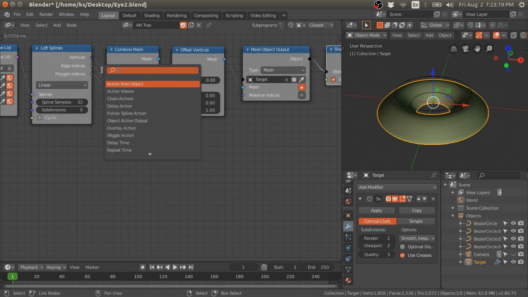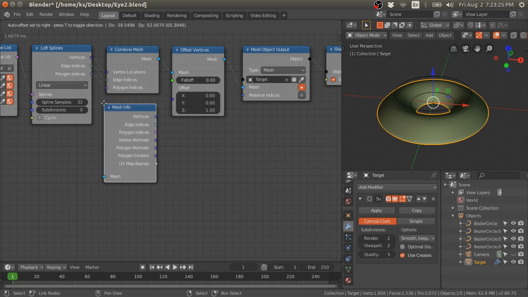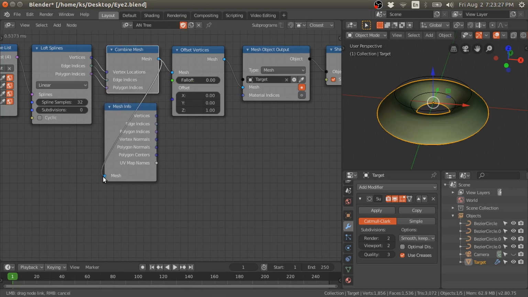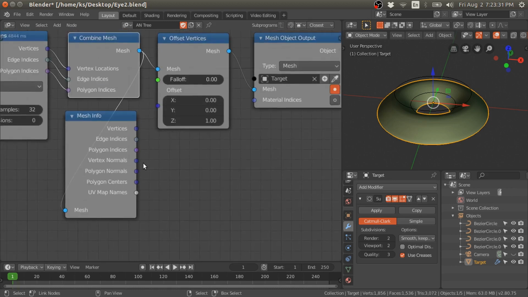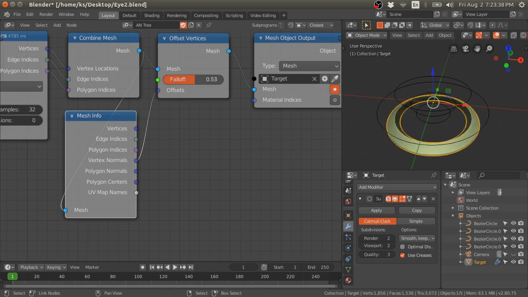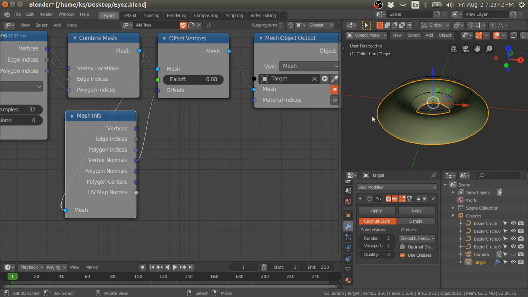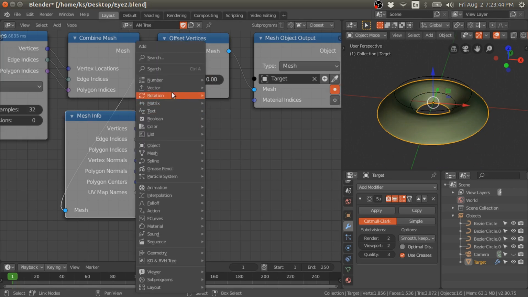For that we need the mesh info node to get the vertex normals. If I add this vertex normal to the offset and change the fall off, it is displacing the object along the normals but in the opposite direction,